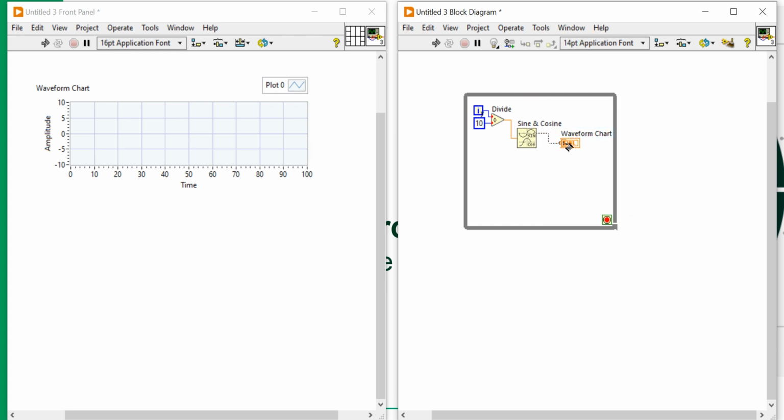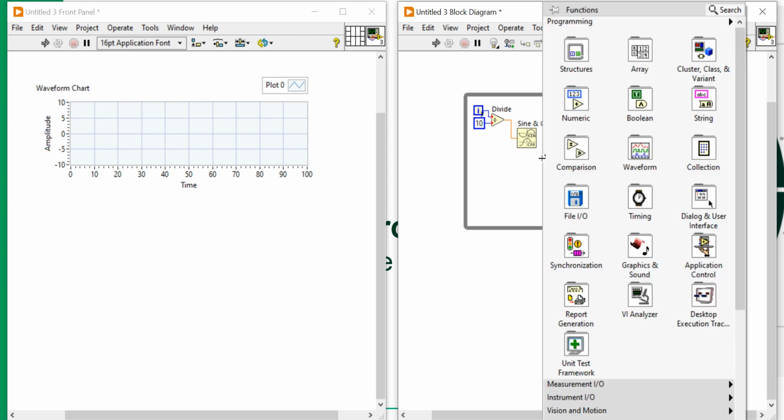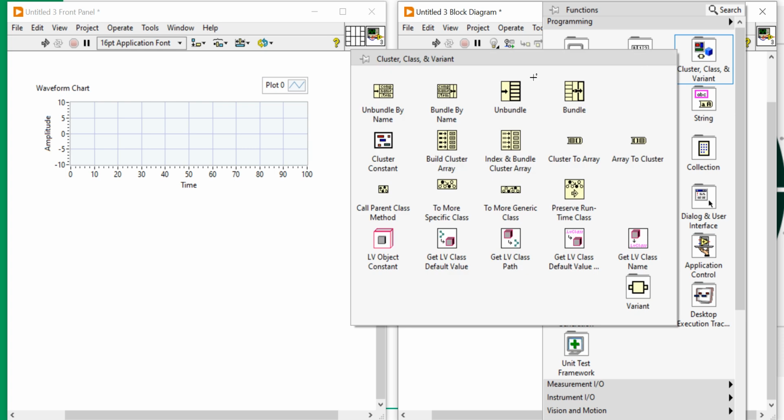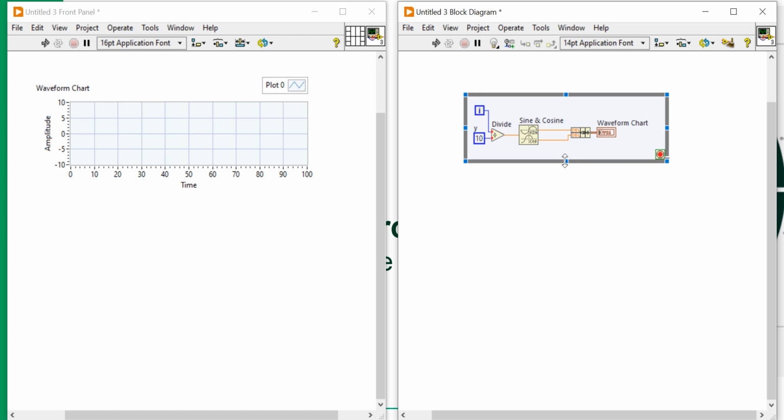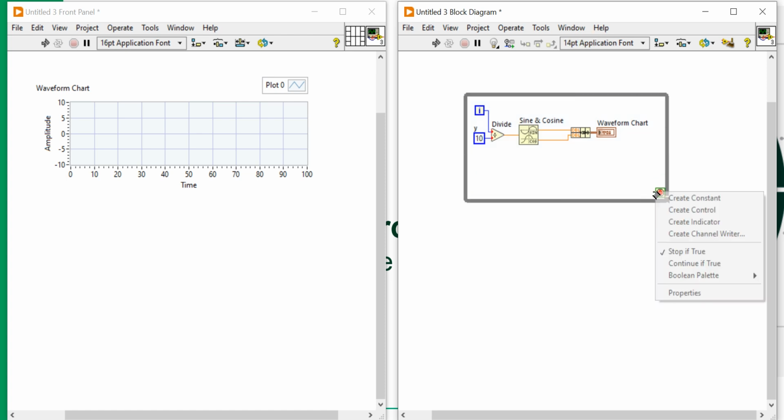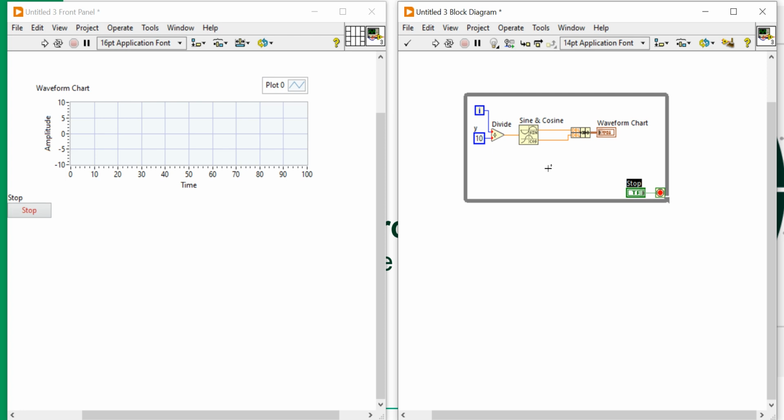Right click, okay, come here, take a bundle, right click, take two signals here and plot. Control A, Control U. And let's try to write a code, create stop,